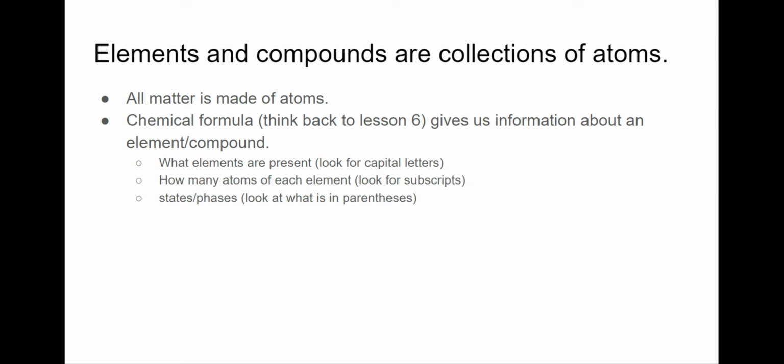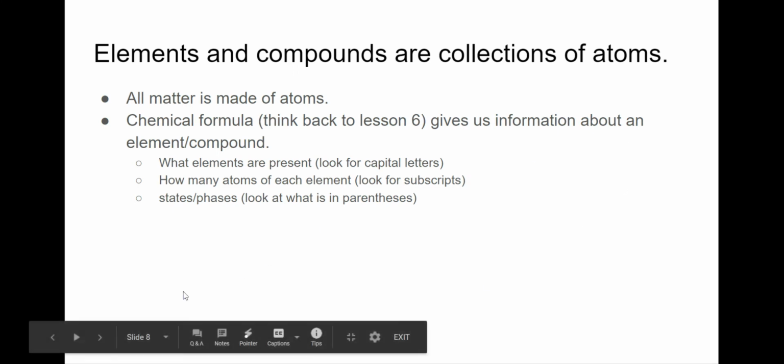Elements and compounds are considered collections of atoms, and we know that all matter is made up of atoms of the elements that are listed in the periodic table. The chemical formula, like we learned in lesson 6, gives us information about the element or the compound. So it tells us what element is present or what atoms are present in the compound. So if we think about copper 2 oxide,